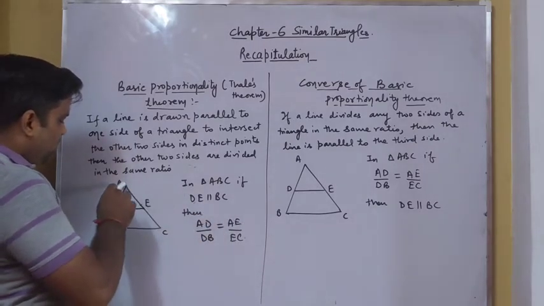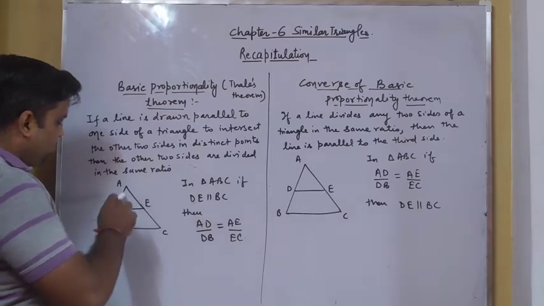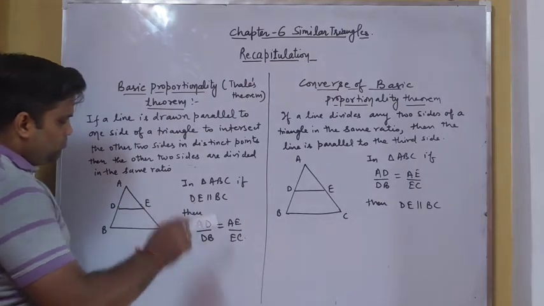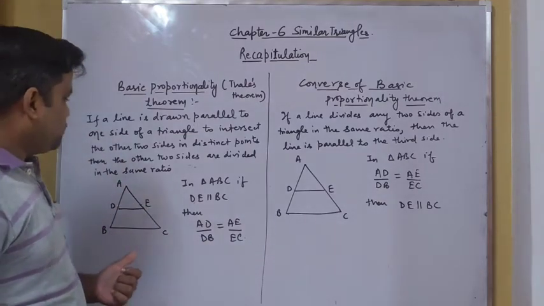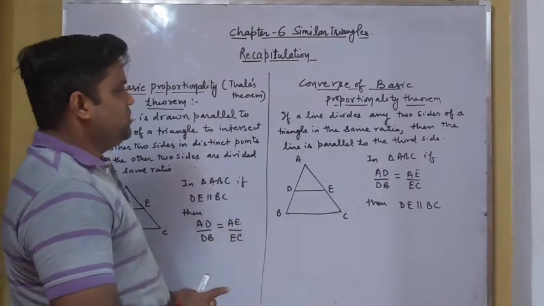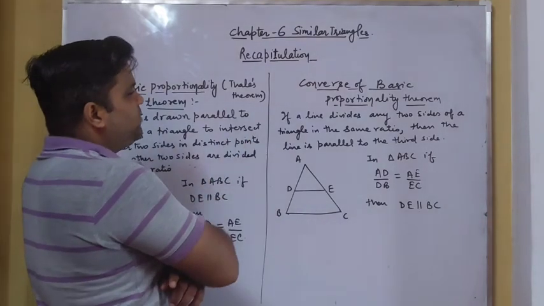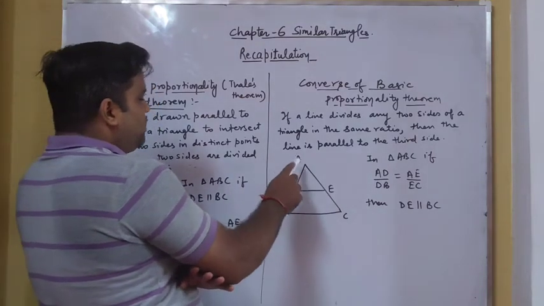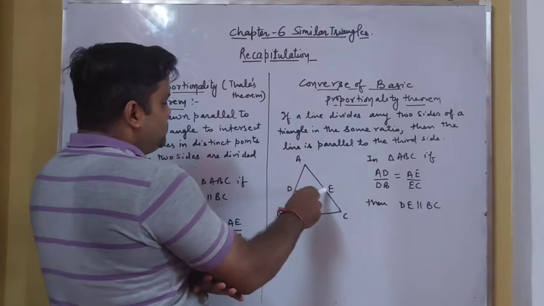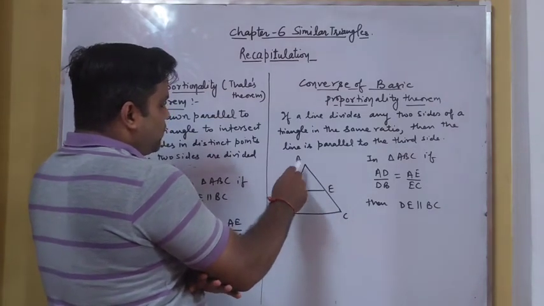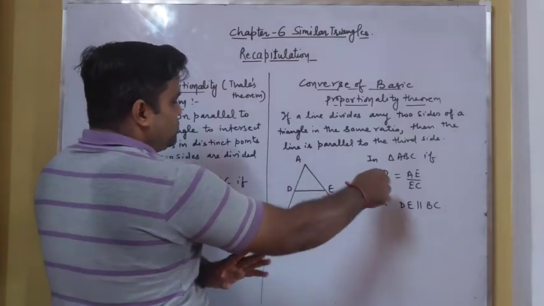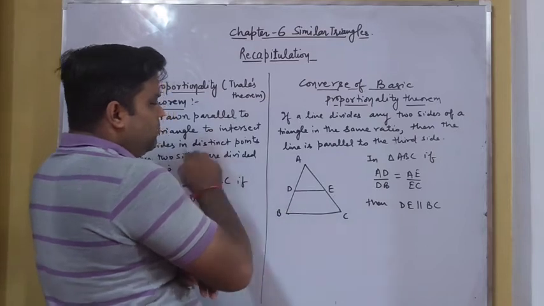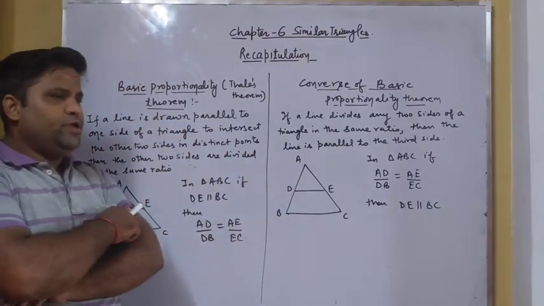It means that here, if in a triangle ABC, DE is parallel to BC, then this DE divides the two sides of a triangle in the same ratio, which is the meaning of basic proportionality theorem. Now let us come on the converse of basic proportionality theorem. It tells us that if a line divides any two sides of a triangle in the same ratio, then the line is parallel to the third side. It means that here in the triangle ABC, as DE divides the two sides of a triangle AB and AC in same ratio, so the ratio is given. Then in this case, according to this theorem, DE will be parallel to BC, which is the actual meaning of converse of basic proportionality theorem.